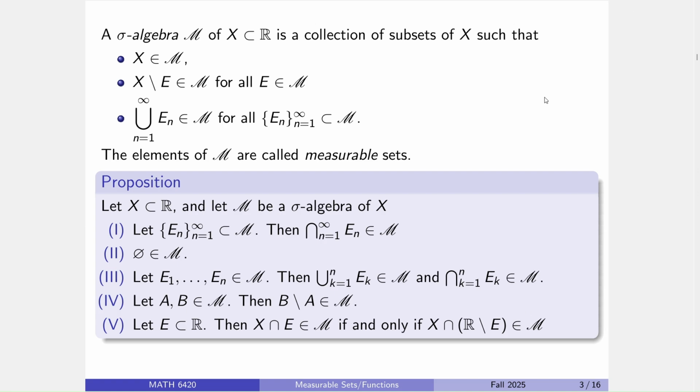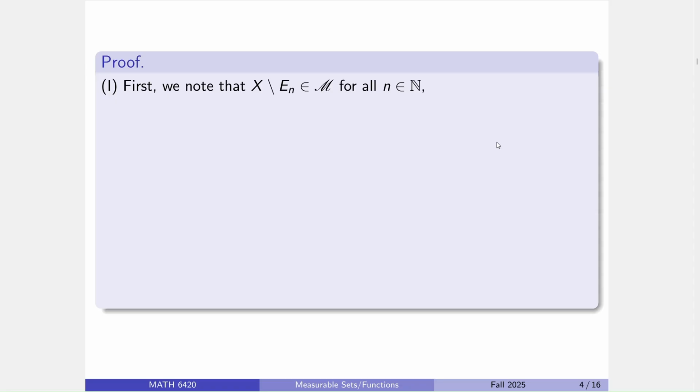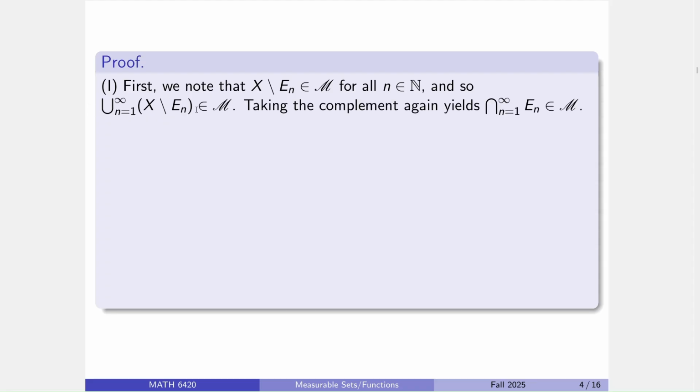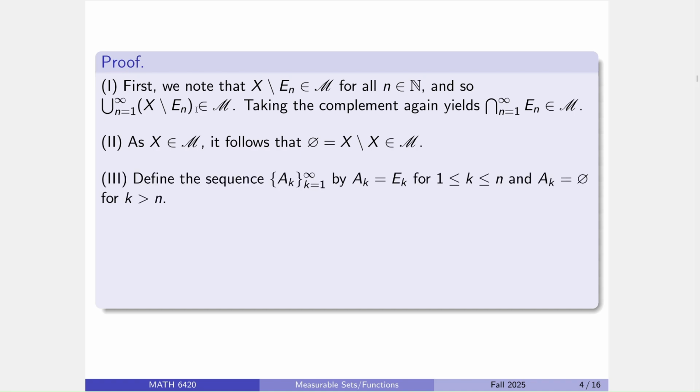Whoa, maybe. All right. So, how do the proofs of these things go down? Well, they're pretty straightforward. The first thing to note is that complementing any set in a sigma algebra keeps you in the sigma algebra, and the union of that lands in there, but we know what a union of complements is. It's the complement of the union, and complementing that would then get, it's the complement of the intersection, and complementing that will get us that the intersection lands in there. Right, so it's simply from De Morgan's law. Showing the empty set is in there is easy as well, just complement yourself.